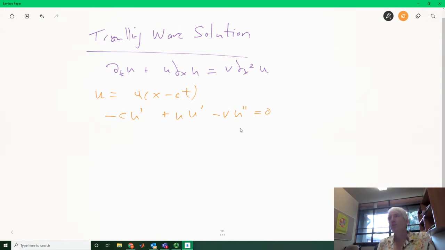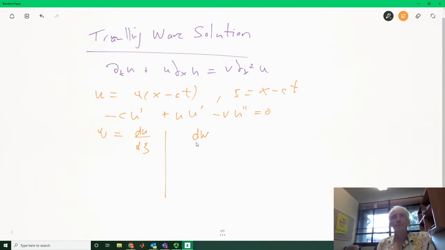Okay, now we can actually solve this exactly, and we'll talk about how to do that in a second, but first of all, we're going to look at the thing from the phase plane and have a look at what the solutions look like. So we introduce the variable w, which is du/dζ. Remember, ζ is this travelling wave coordinate. That's w, and so the equations become